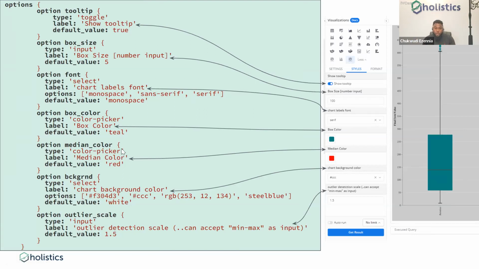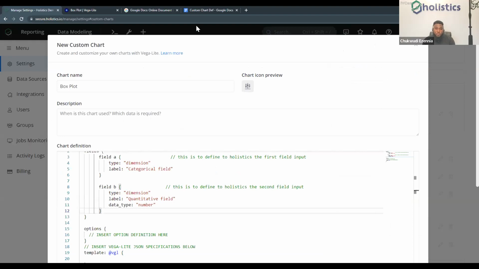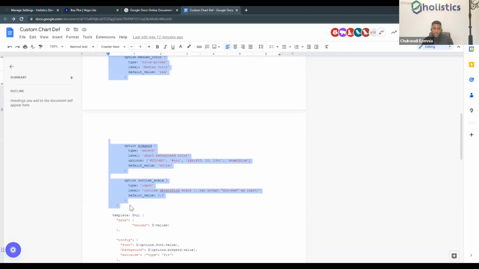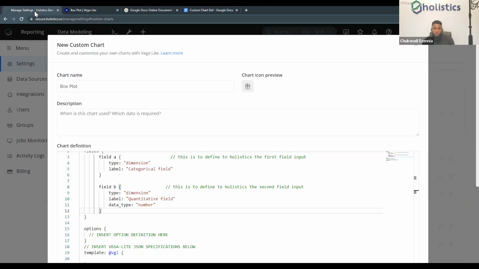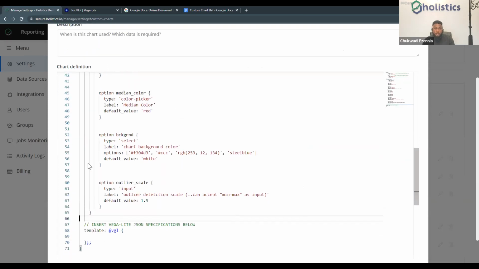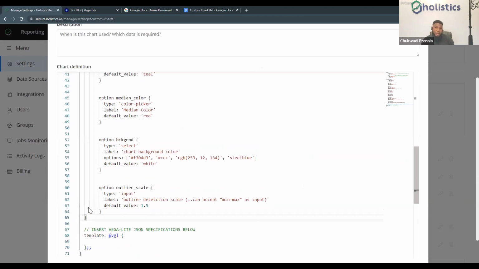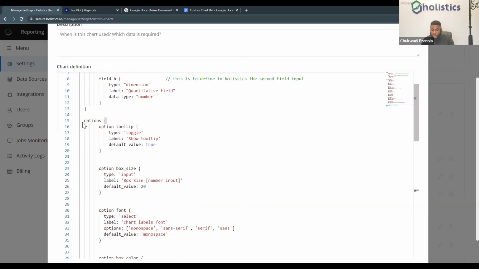All right, so if you go over to the link I have shared with us, we should see that there's a place where we have the options. So you just need to go there and copy out most of these options we've defined for you already. And then I copy this, Control C, and then I come to the chart definition templates. So I'm able to replace this code block for options, and do a Control V right here. And I indent this last curly bracket to align with this options line here.